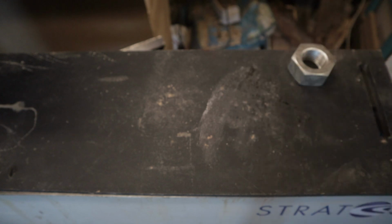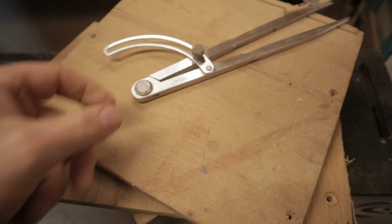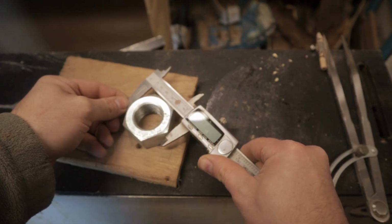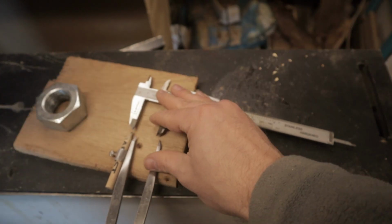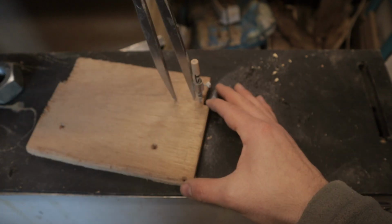In this video I'm making a chuck to mount a scoop for hollowing. I'll be using an M33 nut that fits my lathe spindle and some scraps of plywood. A compass and a set of calipers will give you the illusion that I actually had a plan for this project. The calipers will tell me the maximum width of the nut so I can use the closest matching Forstner